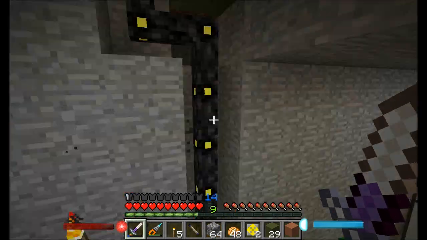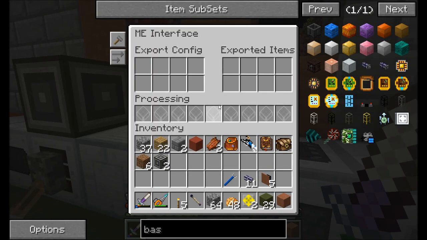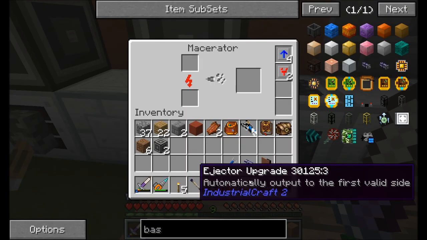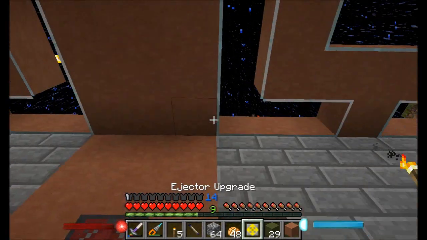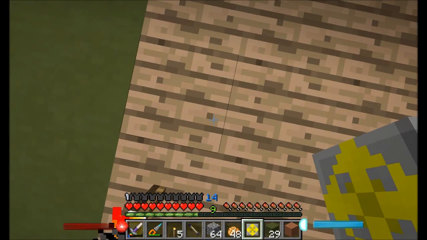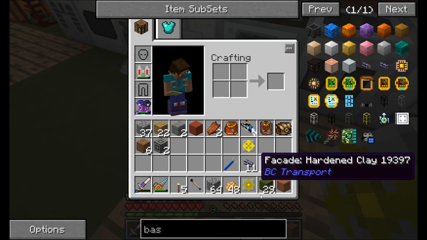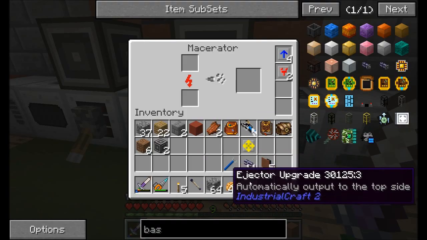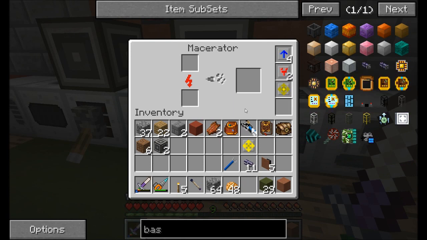Now the Macerator is a little bit better because we can come over here to the Macerator and give it recipes, but what we're going to do is set up an auto eject. So automatically output to the first valid side. And I think if I click on the top of a block, then it'll be set to output to the top side. So if I put this in the Macerator here, what we should see is that as soon as